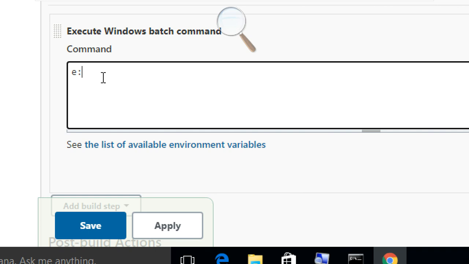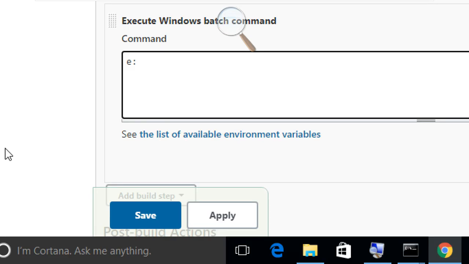I'm going to type e colon, which means I want to change whatever location you are currently in. It will execute inside the documents folder only, so I will show you that once. But I want to go to the E drive first. Then I want to put a cd slash. In case, while switching from CMD from one drive to another, it goes to the default folders, I don't want it to go to the default folders. No, I'm not giving that now, so I will show you this again. We should not take care of everything the first time.